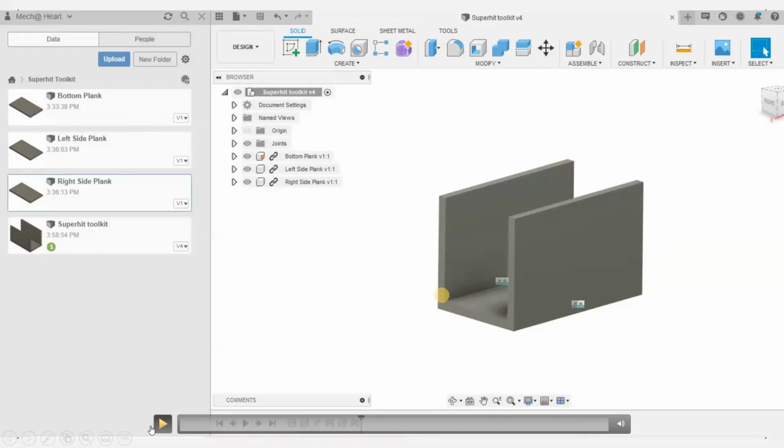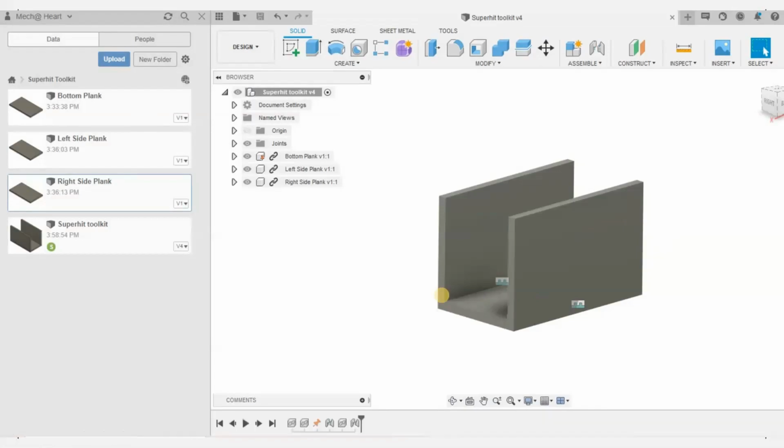Now, as we have discussed, there is something called top-down assembly also, right? So what top-down assembly means is I have the assembly ready with me, and in that I'm going to add new components. So I'm not going to create the components and then bring them to the assembly, but if I have an assembly, based on my assembly, I'm going to create. For example, we can consider that I'm designing a container, right?